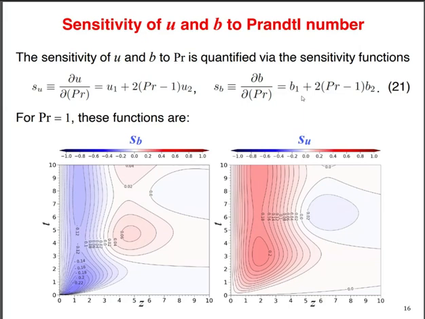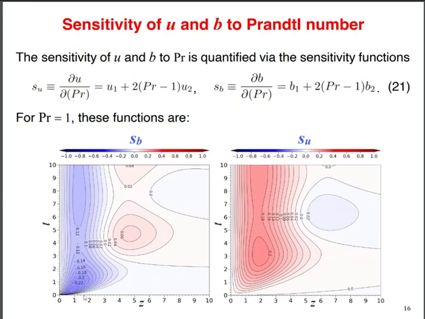Okay, so we're going to plot this out, and we'll do this for Prandtl number of 1. You can do it for any Prandtl number you want, but we'll do this for Prandtl number of 1. So this is your sensitivity function for the buoyancy, and here for the wind. And we're plotting the contour plot. So we've got height over here, and time over here. So t equals 0 is when we're starting out, and then it proceeds like this. Okay, so the sensitivity for the buoyancy,